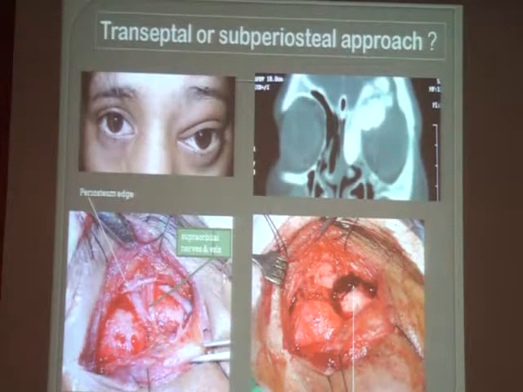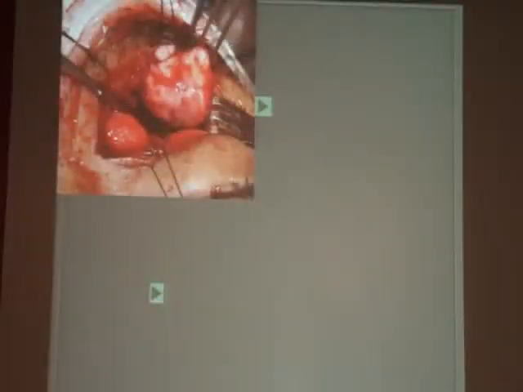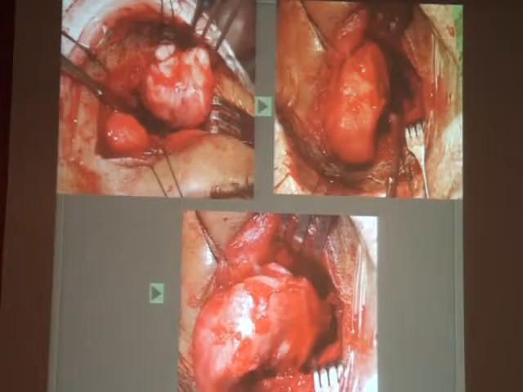And a cleft is made between the supraorbital rim and the tumor. And as you can see, the attachment is all in the anterior rim, supraorbital rim. However, the posterior portion was just free, and it just needed to be lifted up. And you can see it was lifted up and rotated, and the entire thing came out in toto. And this is the big bony tumor which has come out. The osteoma has come out.